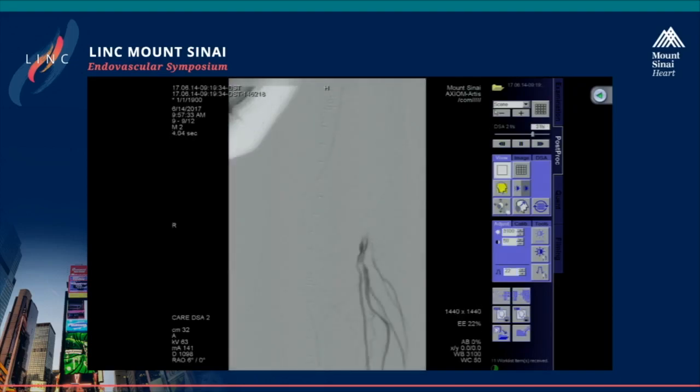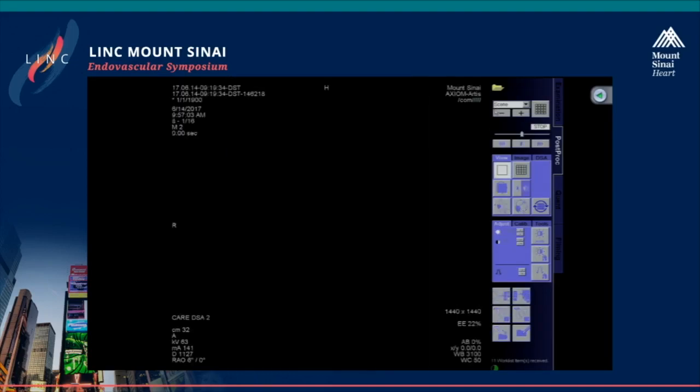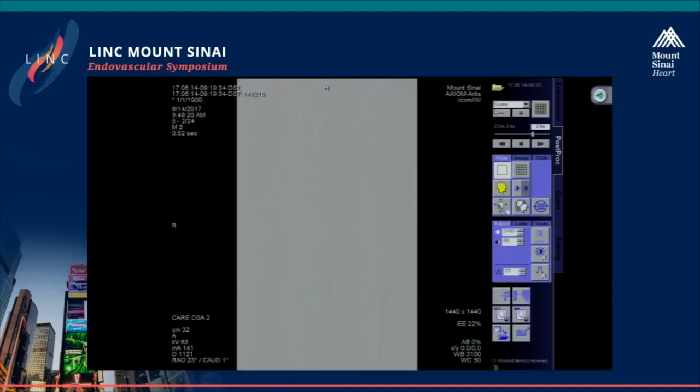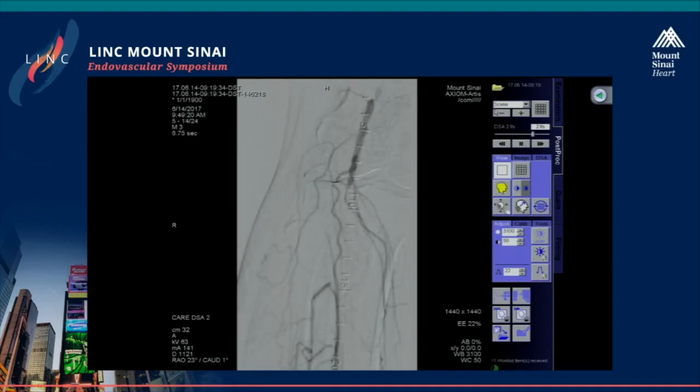This is the actual angle of where it is. You can't even see the reconstitution at this level. I want to just put this up. Maybe they can show this on the side while we wire this. Right here, you can see it's actually a good angle because I've been able to open up both the